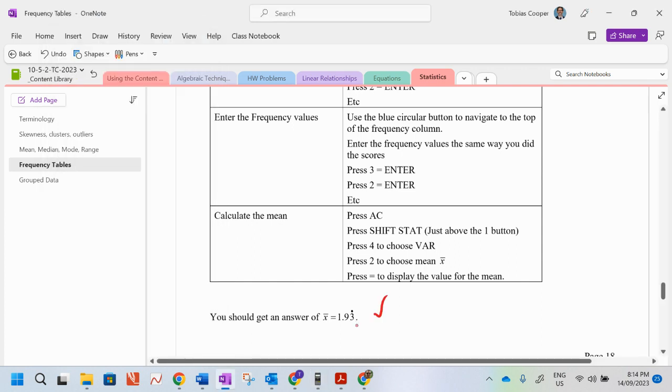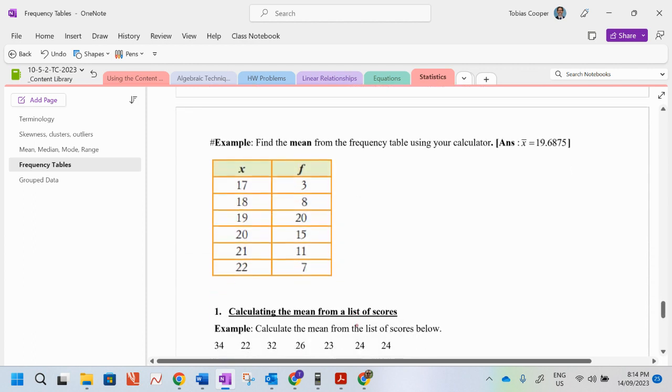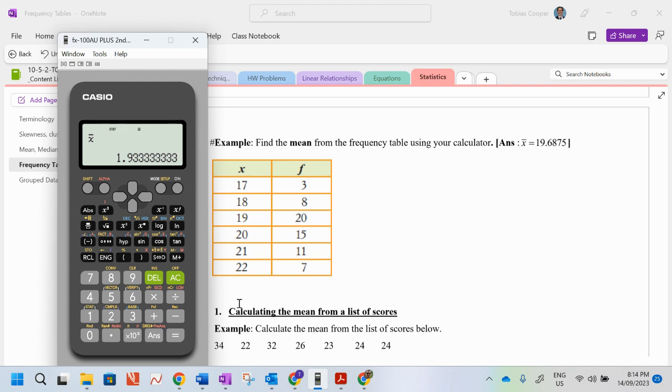Okay. All right, let's move on. Now, your turn. What I want you to do now is to enter the data into your table. Okay. So we'll follow the same steps as before. Let's start off with the all clear. And just following the same steps as on the previous page, you're going to go to shift, setup. Sorry, that's not right, is it? You're going to go mode, then 3. It's already in stats mode anyway, but just starting from the beginning. Then 1,